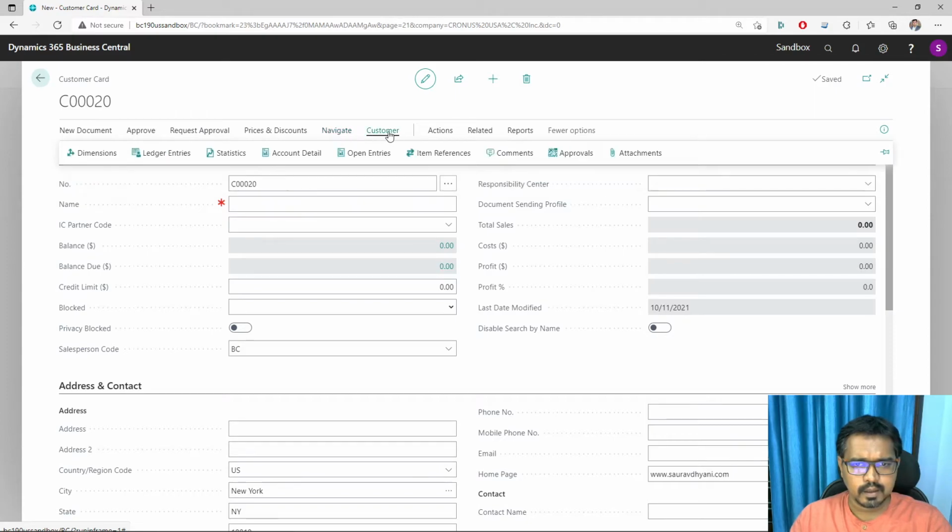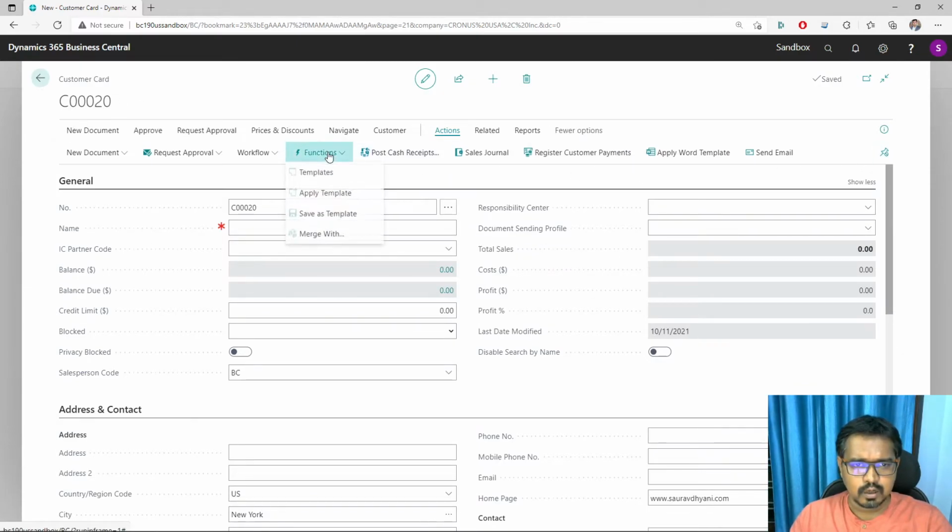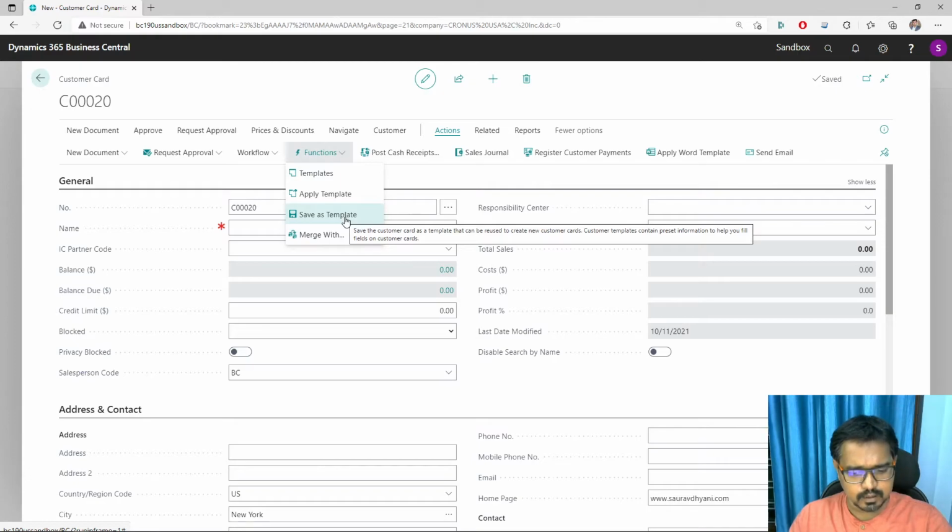Okay, and I should have bookmarked it, but here is the option under the actions function. There is an option to save this customer as a template.